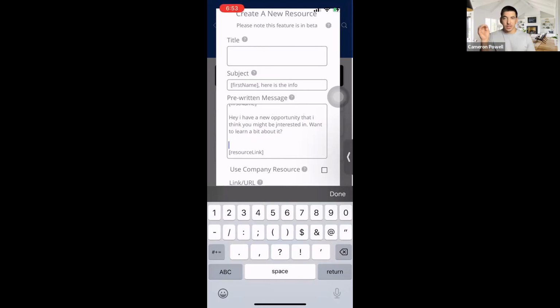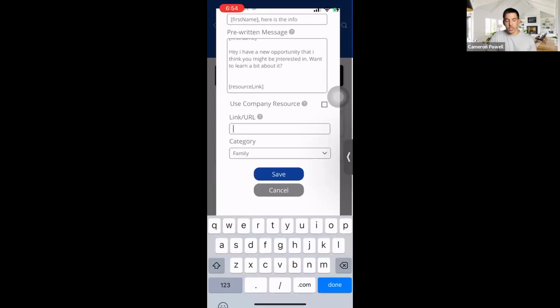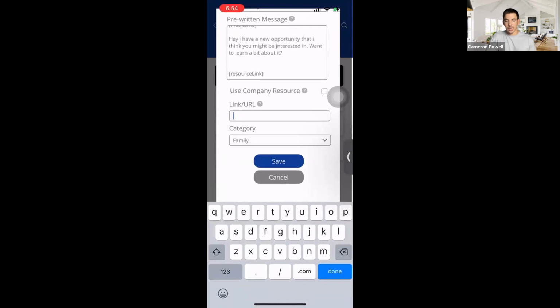So we're not asking them to click the link below. Remember, if I want to just do a pre-written message that doesn't tie to any video or link, I'm going to put either my booking link here at the bottom. It's a really great example. For this example, I put my digital business card in there. So if they do click on it, we know they opened the message. All they're going to do is be directed to your digital business card.